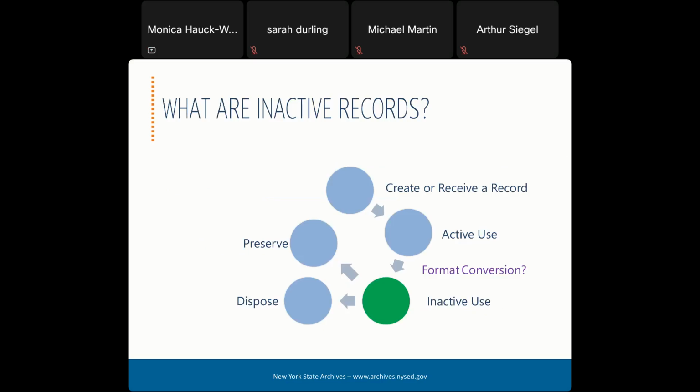Before we get too far into things, what do we mean by inactive records? Well, government records are a means of documenting information about government activities or constituent concerns, right? And you want to make sure they're available for future reference. Usually, the information within records is most important for day-to-day business or gets accessed most frequently when it's first created or received. We tend to refer to this as the active use period.